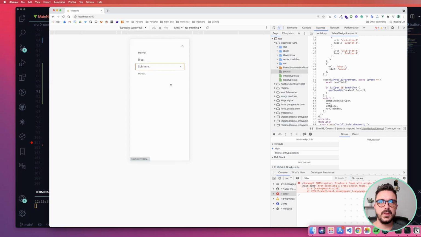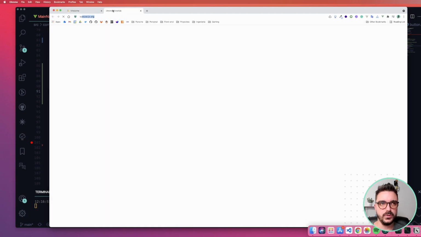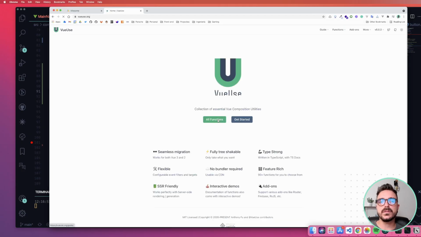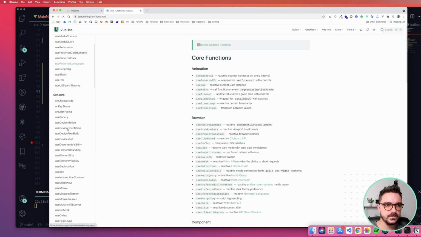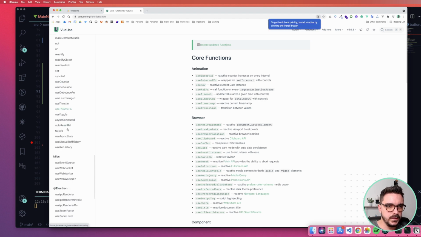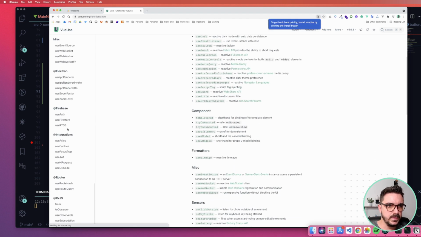So next thing to do will be to actually create a focus trap here. So for that is where we are going to use VueUse. Not really. Let's go to the library, and there we check all functions. Below here, there is some integration. So here, Axios, use cookies, and there is this one, use focus trap.